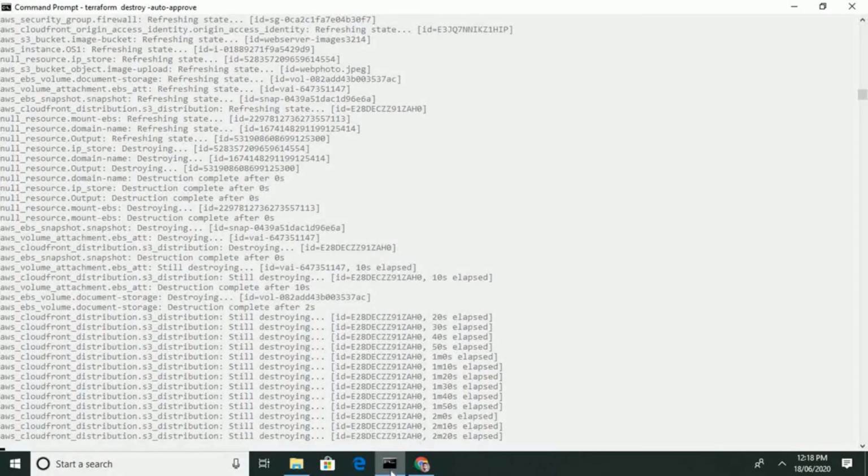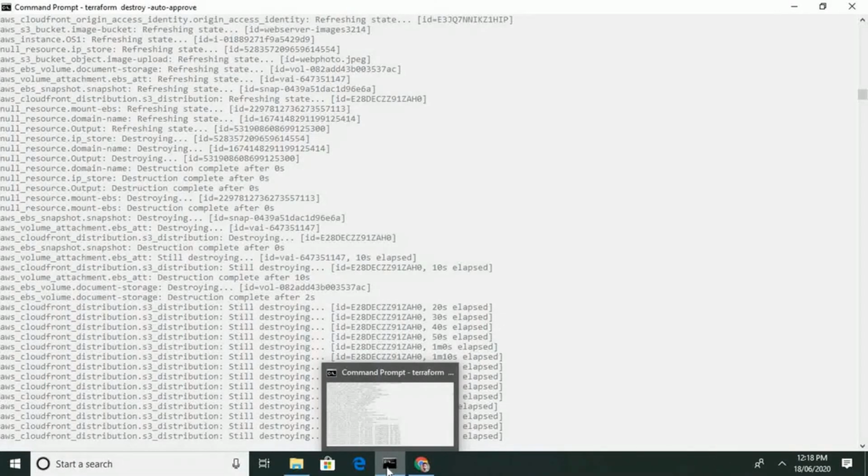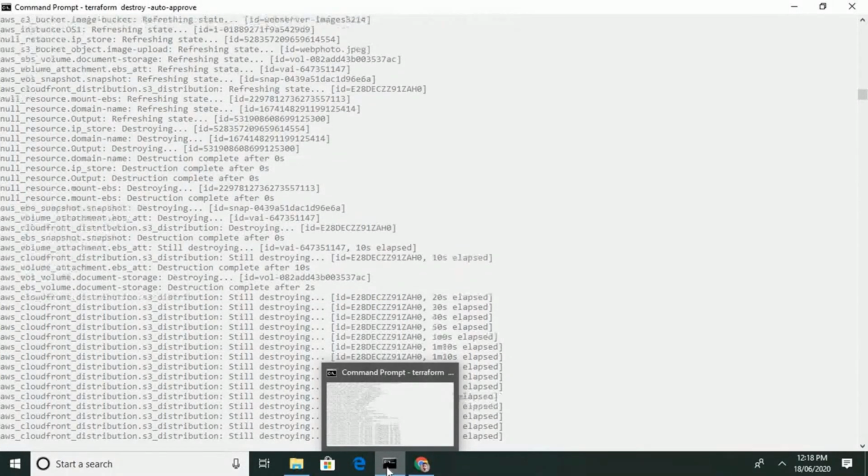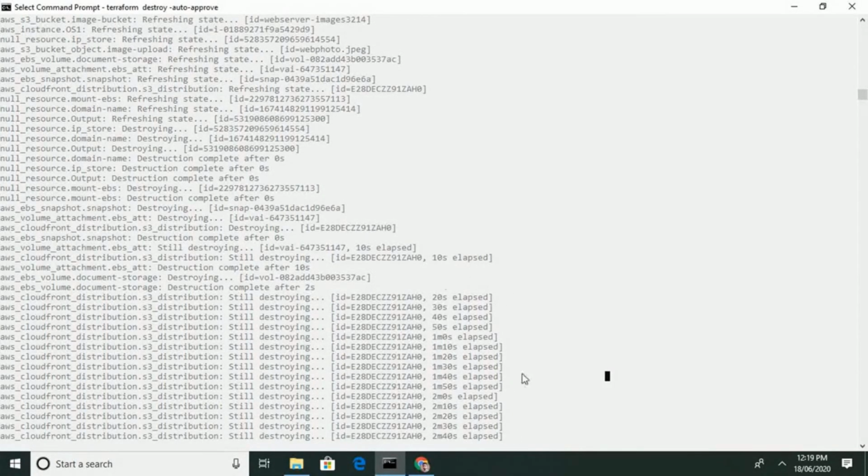From those plugins Terraform gets the power to understand that yes, this is AWS and this is S3 and all. From the plugins only, Terraform gets the intelligence. So it's destroying, and it's taking time because there are 250 plus edge locations created by CloudFront.